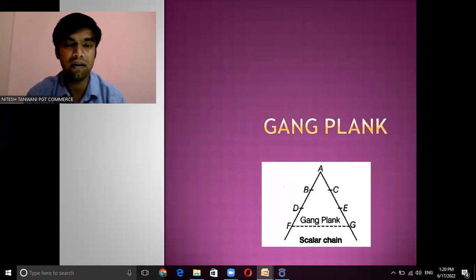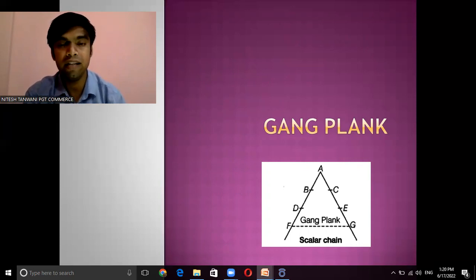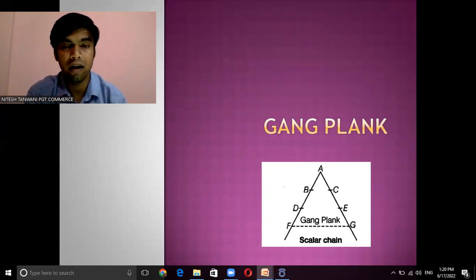D and E are at the same level of management. F and G are at the same level of management. Here you can see the gangplank is between F and G. Gangplank means if any instruction or information has to go from F to G, as per the hierarchy and scalar